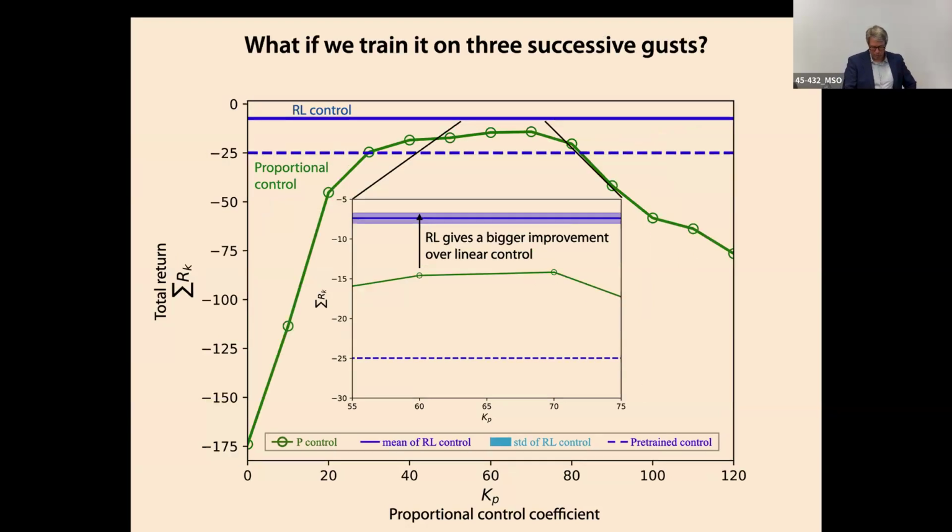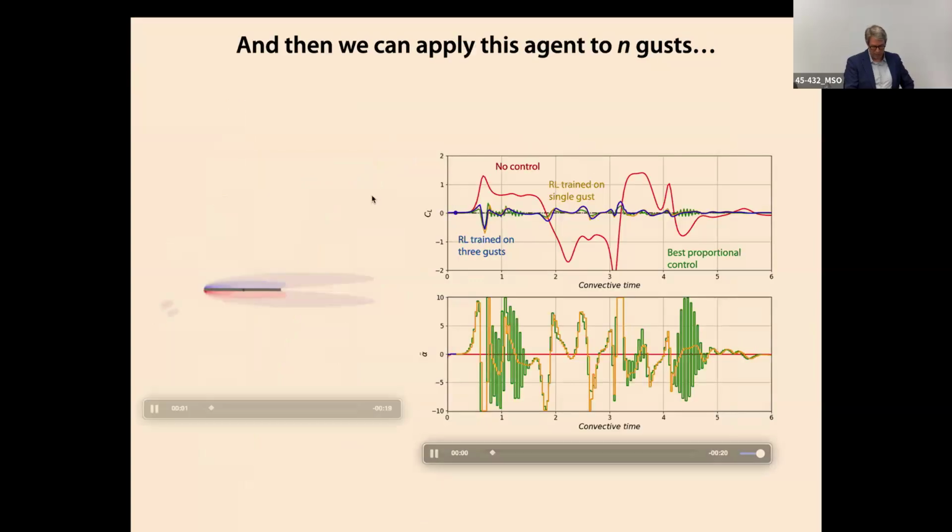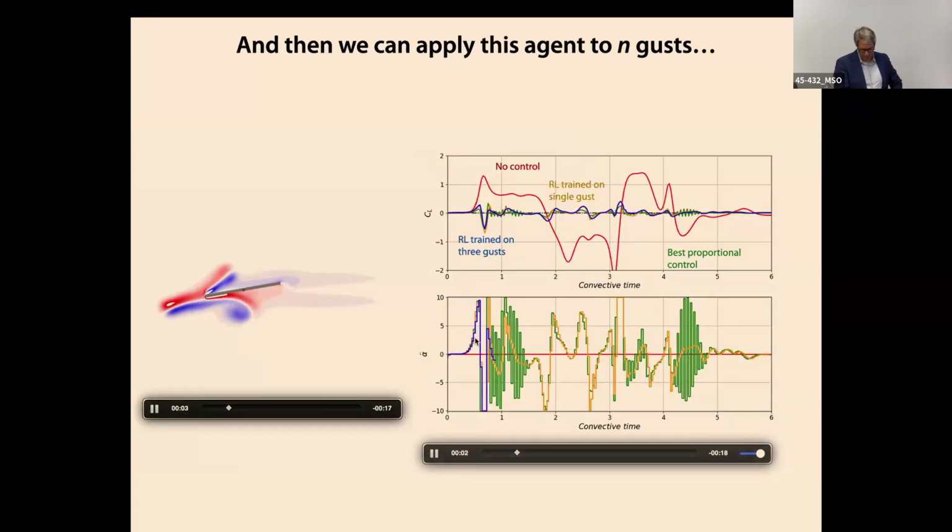I'm going to show you what happens. For example, if we have 3 gusts in a row, each of them is leaving a lasting impact on the wing. There's a residual effect as every gust passes, and these gusts interact with each other. So there are some important flow features to capture. We do a little better by training on 3 gusts. Our training protocol now involves not just 1 gust, but 3 gusts. Then we can ask the question, are we good enough now to do n gusts, right? Like just keep hitting it with gusts. And the answer is yes.